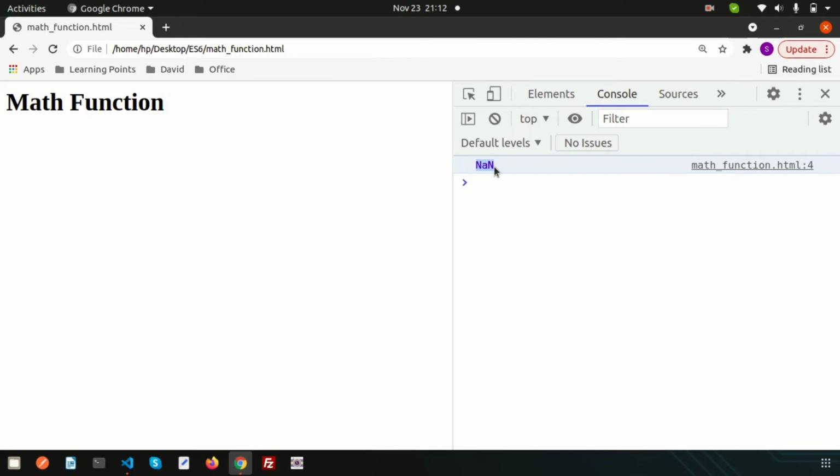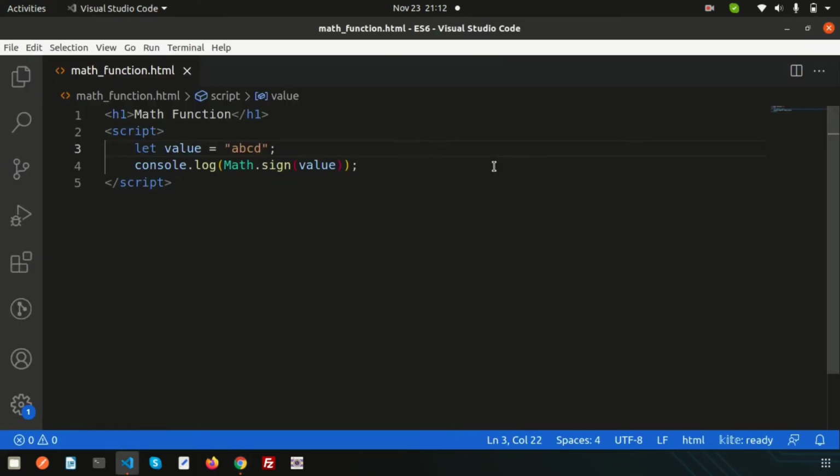If we get -1 or 0 or 1, that means it is a number, and if we pass anything that is not a number it will give NaN. From this we can understand it is not a number, so we cannot do any operation on it. So this was the first function newly introduced in ECMAScript, that is Math.sign, right?